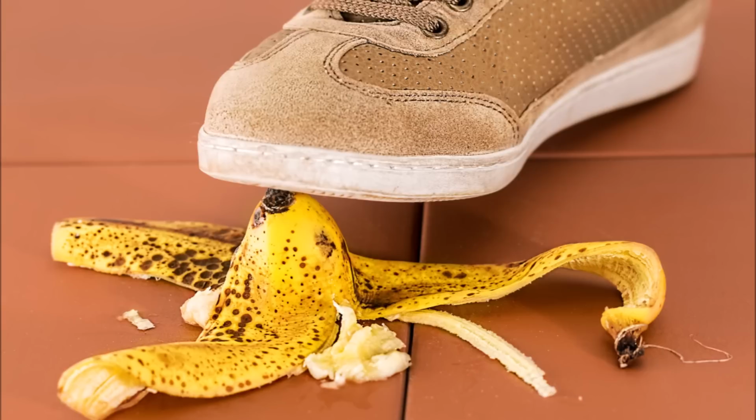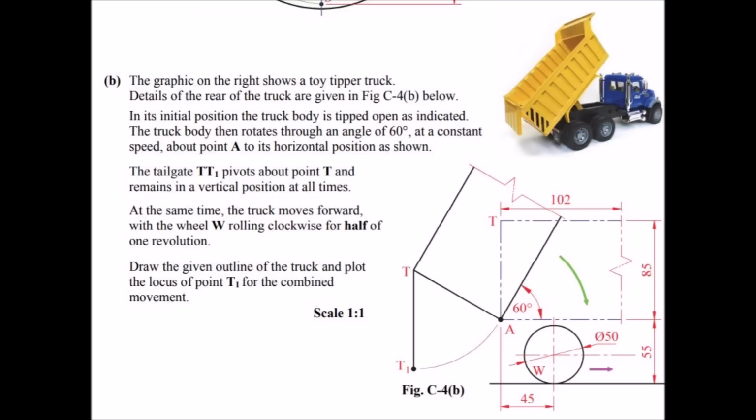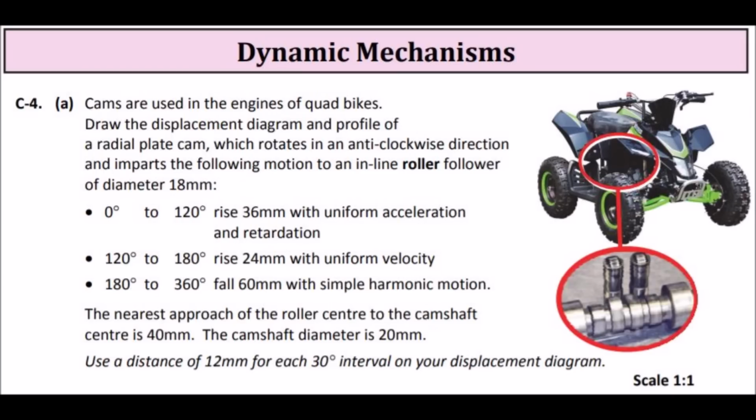They're always going to try and throw you off or really test your understanding of the topic. So I expect a loci and a cam question, but don't expect them to be straightforward. With the cam, again, you need to know all your movements, your UAV, your simple harmonic motion, and so on. But expect something like they'll give you the profile, and you have to work off the profile to give you your displacement diagram. So they'll try and switch it around on you. If you look at any of the past exam paper questions, you'll know what I mean.